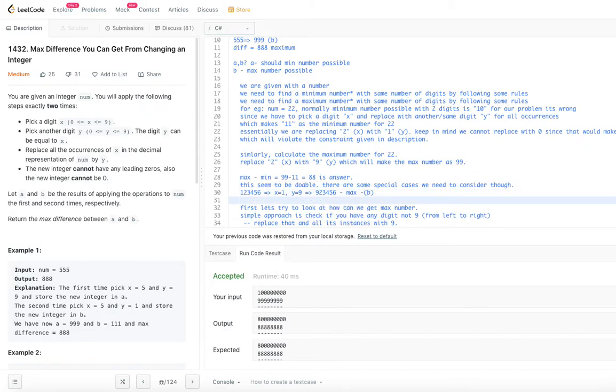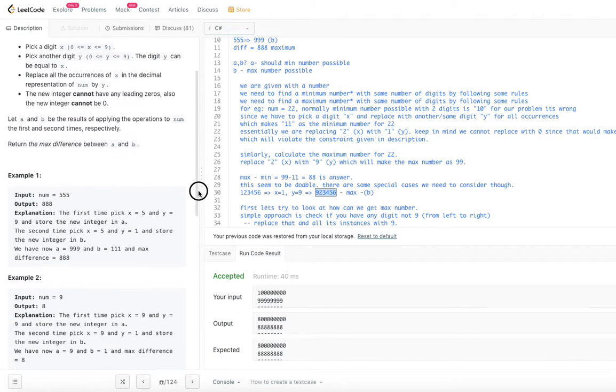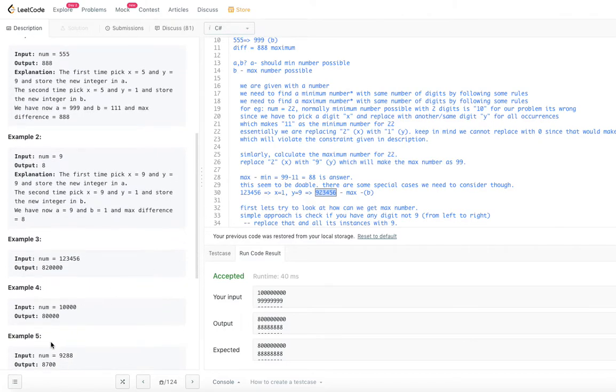And what could be the minimum number? So what could be the minimum number with that, right? So can anything be the minimum number is the question. We will come to the minimum number in a bit. So 9 2 3 4 5 6 is the maximum number. Let's go ahead and try to look at one more example. So this one, 9 2 8 8, right?